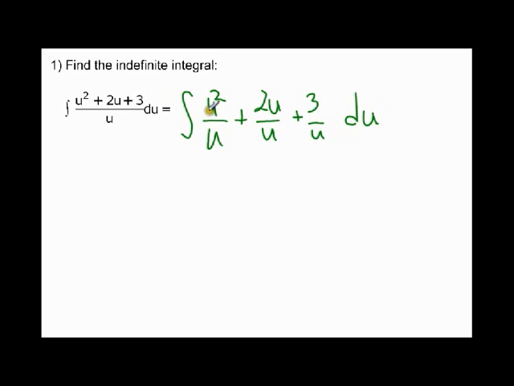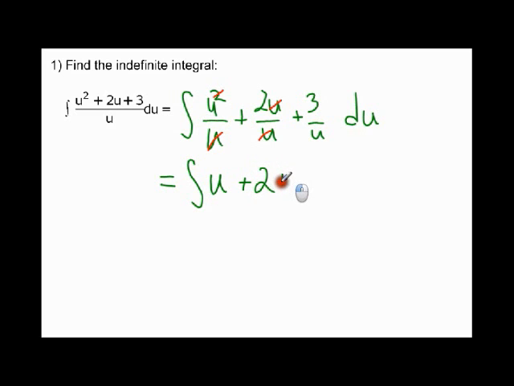Okay, so now notice that I haven't changed anything, right? Because if I were to add all these things up, they all have a common denominator, so this would be u squared plus 2u plus 3 over u, and that's what we have over here. But what this lets me do is simplify each one of these separately. So now what I'm actually looking for is the integral of u, because these cancel out, right? So that'll cancel that out. Here, this will cancel out, so I actually just get the integral of